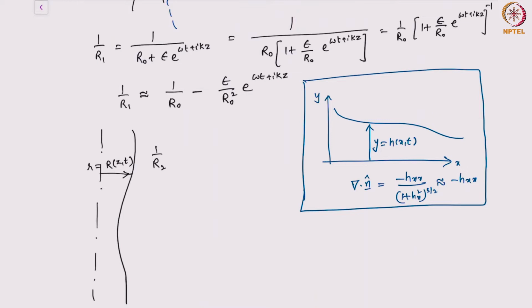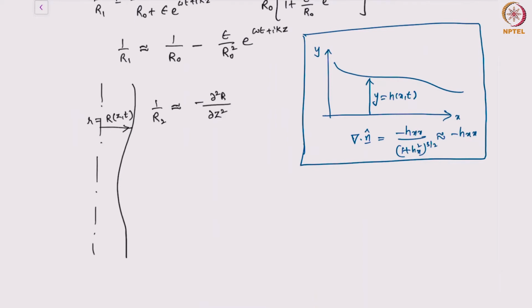the curvature in this case, 1 by R2, which will be nothing but minus del square R by del z square. And I'm ignoring the nonlinear terms because again we have the same issue. Epsilon is very small, so product of epsilon square can be ignored compared to 1. So therefore we have this. And what is del square R by del z square? This is nothing but minus,